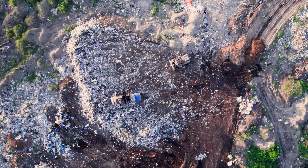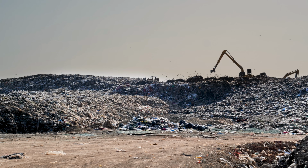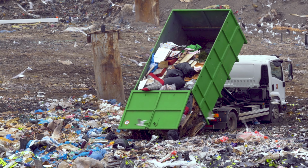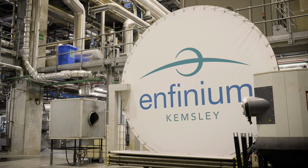Of this, 7 million tonnes is biodegradable, meaning it will decompose within landfills to create methane, a potent greenhouse gas with the potential to be 80 times more harmful than carbon dioxide. This is unsustainable. At Kemsley Energy from Waste facility,